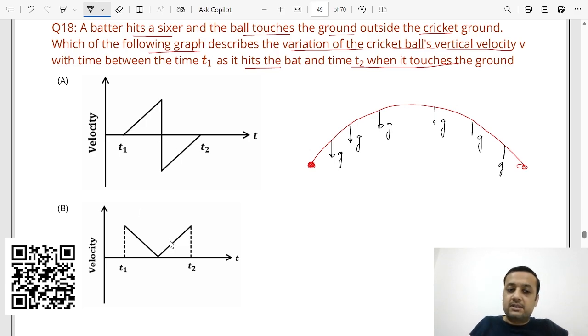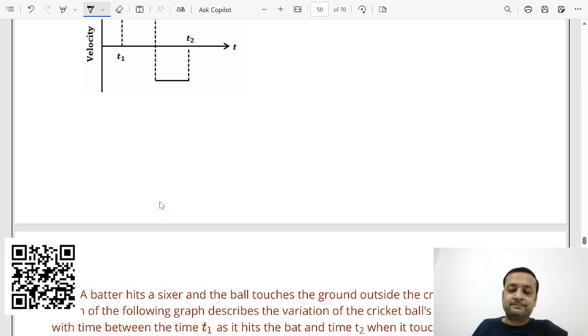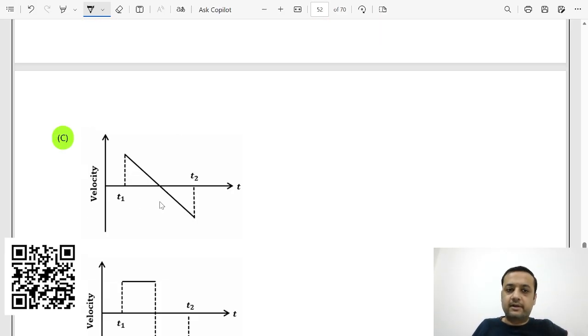Now here you can see slope is changing, here you can see slope is changing. Look, here this is a constant slope. So without any thinking, you can straightaway mark this as the correct answer. Okay, that will be the correct answer. All right,